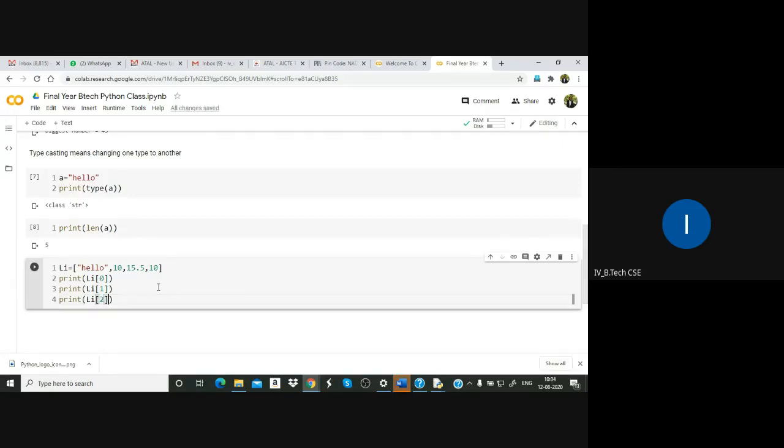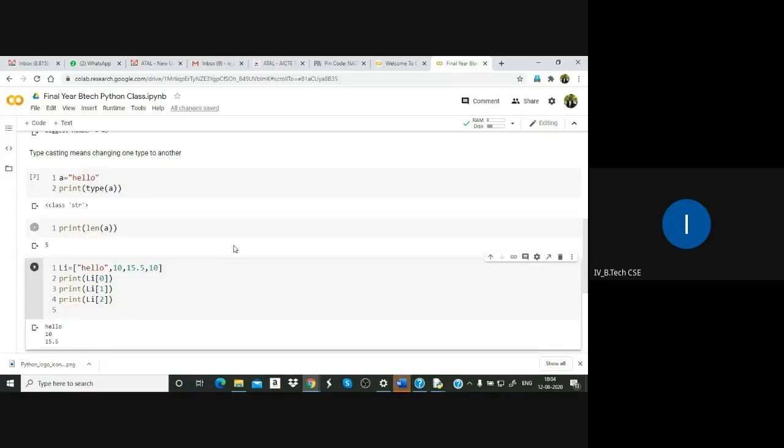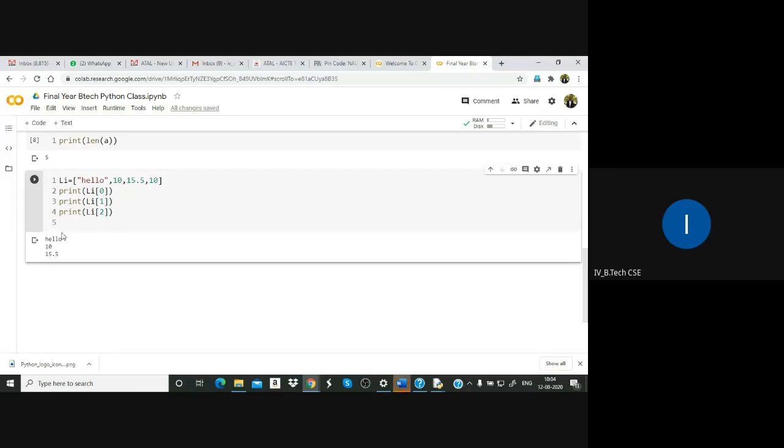Like that, you can have a list of things. Like that, you can print one by one using its index. Hello. Afterwards, we printed 10, 15.5. Using that index, you can extract elements of a list.